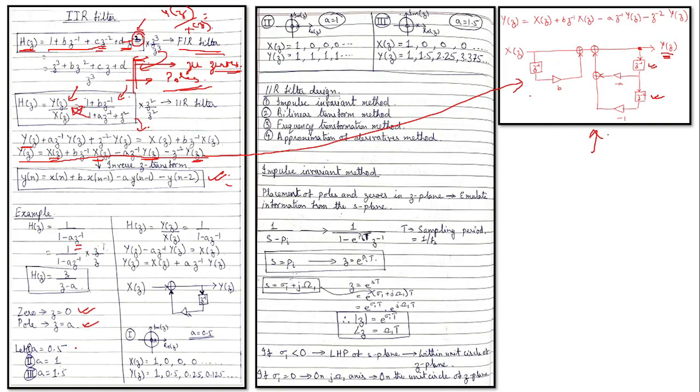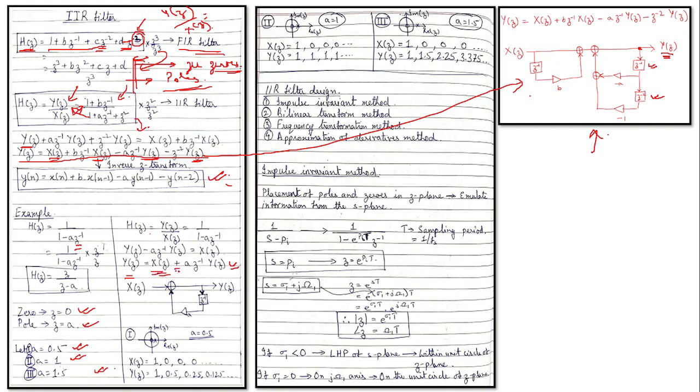Now let us take three cases: a equals 0.5, a equals 1 and a equals 1.5. Okay. Now we have to realize the filter. For realization, H(z) equals Y(z) divided by X(z) equals 1 by 1 minus a z inverse, which gives Y(z) minus a z inverse Y(z) equals X(z). Okay. So Y(z) equals X(z) plus a z inverse Y(z). So we get X(z),